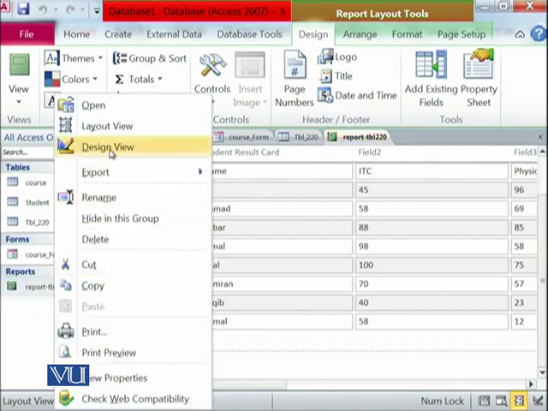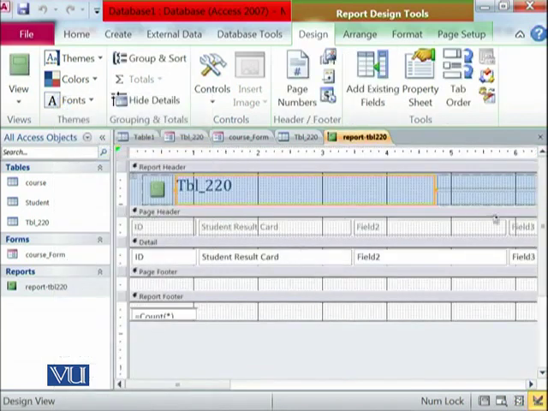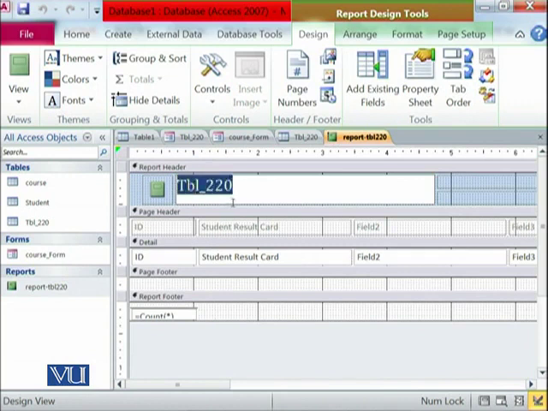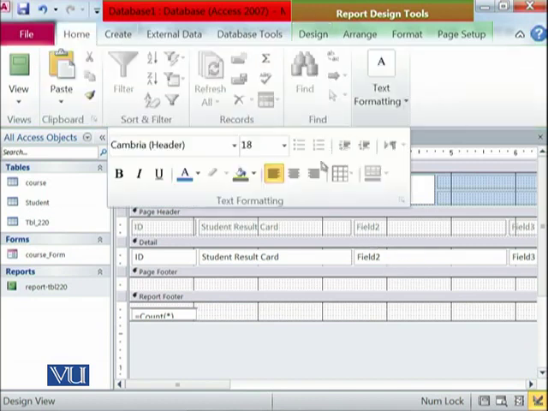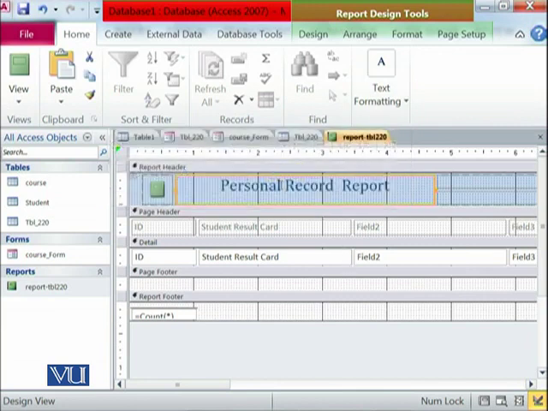If we go into the design view, we can see that this is a report, and I can change whatever I want over here. For example, this is the personal record management report, or maybe we can just go with this one. Then of course all of the formatting can be applied as well.